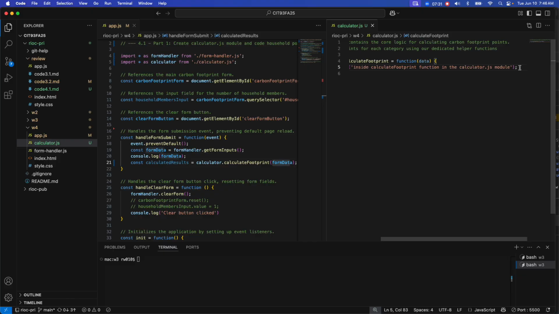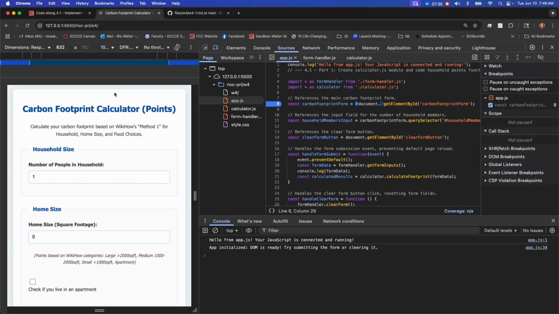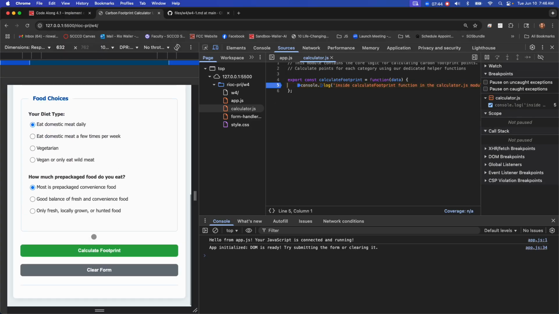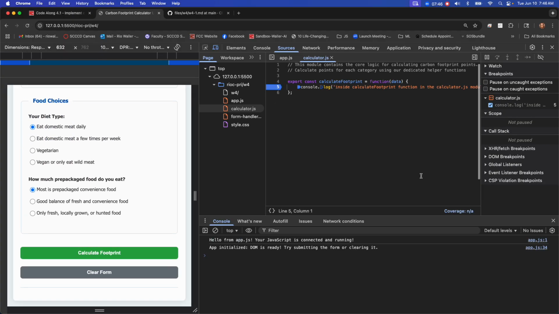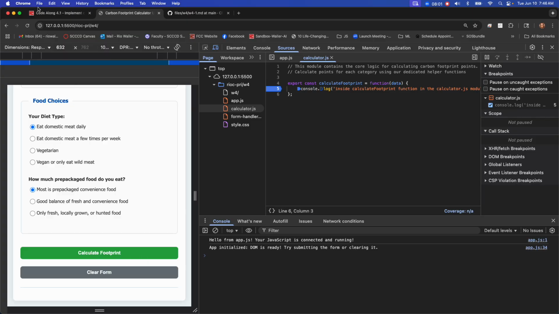So now we've passed it. Matter of fact, let's just see it actually having that. Okay, so now we're here. I'm going to come over to my calculator and put a breakpoint here. I'm going to refresh. Hold on. Actually, let's do this again,